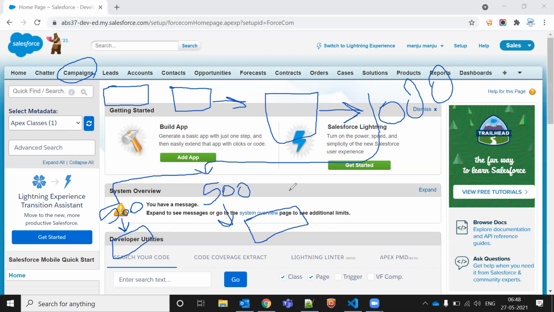So these 500 customers means we are getting 500 leads. You might be aware of credit card and call center, where they say we got 500 leads, and in a day I reached 500 leads, so you can get an incentive, something like this. So leads means you are getting 500 customers, 500 clients.